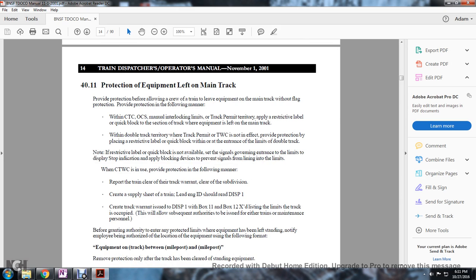4011, protection of equipment left on the main track. Provide protection before allowing a train crew to leave equipment on the main track without flag protection. Provide the protection in the following manner. With the CTC, OCS, manual interlocking limits, or track permit territory,